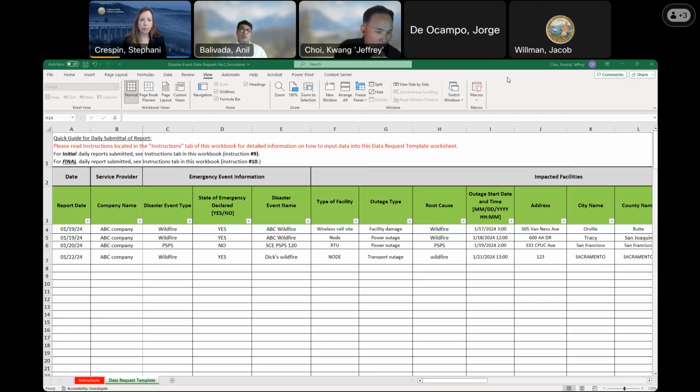I think most of you know about this template. You have been using it for almost 2 years, so that could give more insight from the instruction tab. That's why we are having this webinar, to make you more thorough about all these fields. And this is the team that will help you out. A template can only do so much. Events are all unique and there may be more than one, and the service resiliency email is checked by this team. So we are here to help you if something comes up that's very specific. Not a problem at all.